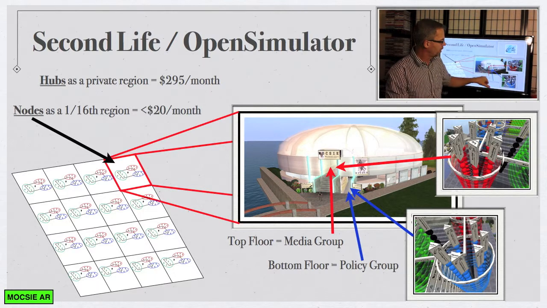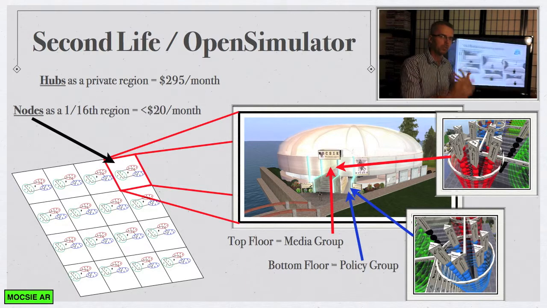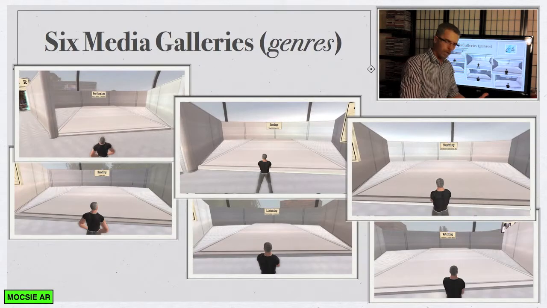So I've designed a model here. This is just my brain going crazy about what I would create if there were no architectural limitations, which there aren't in Second Life. So I created this idea of a two-story node that would represent any inner city population who wanted to have it. On this one floor you have the media individuals, and on the second floor you have the policy individuals. The policy group and the media group each have their own floor with 6 galleries. Remember, we're talking about 6 genres of artistic creativity, and we're talking about 6 policy making campaigns.